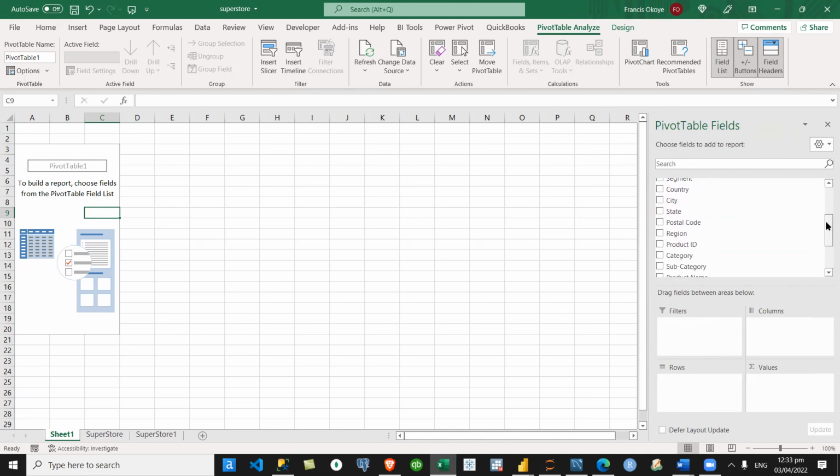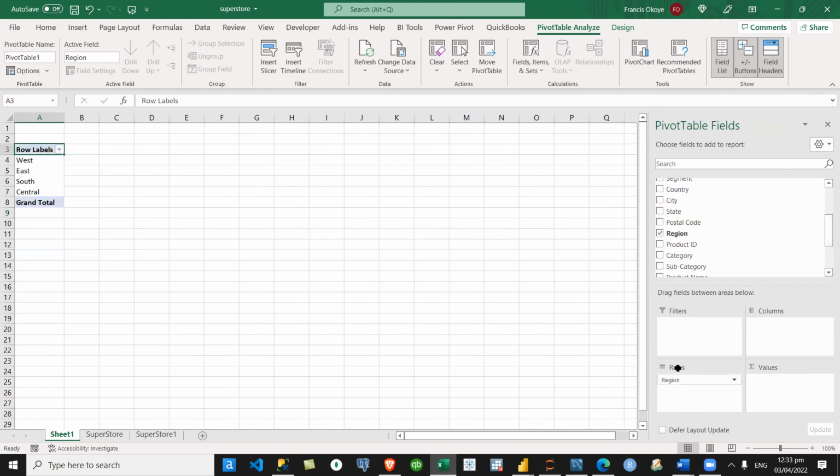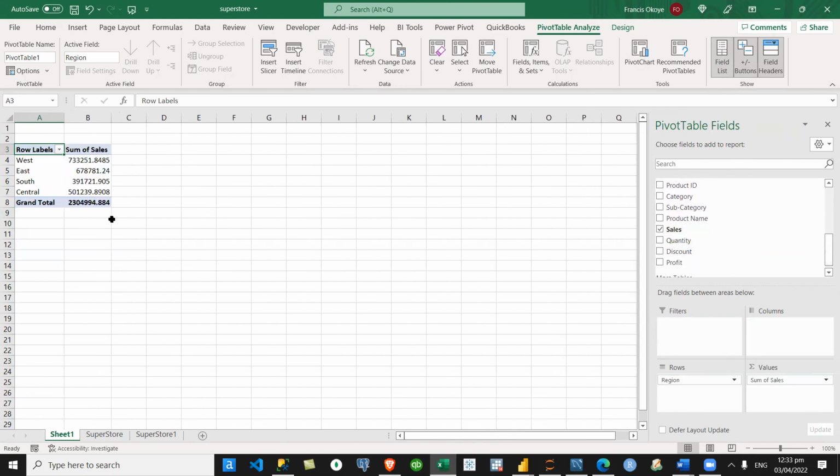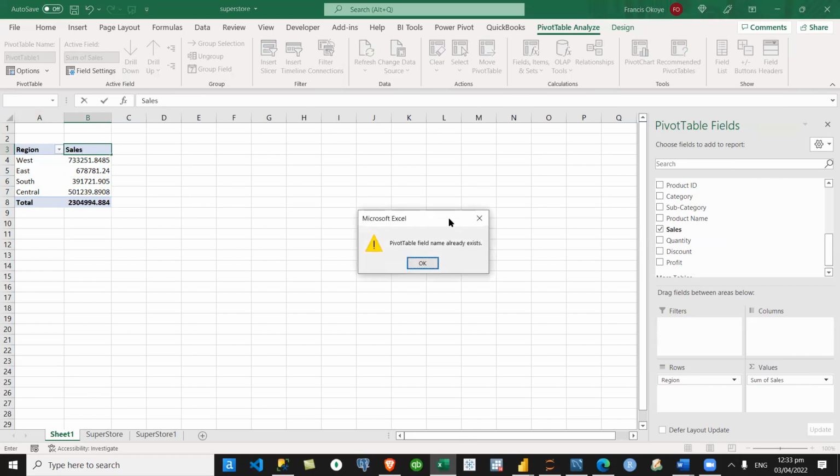What we normally do, we would take, let's say, Region, then maybe I'll take Sales. This is what we normally do now, isn't it? I will now label it. Let me call this Region. Let me call this one Total. If I call this Sales, it will tell me it already exists. There's already a name called Sales here, so that's why it will give me that error. So rather, I'll just call it Total Sales.